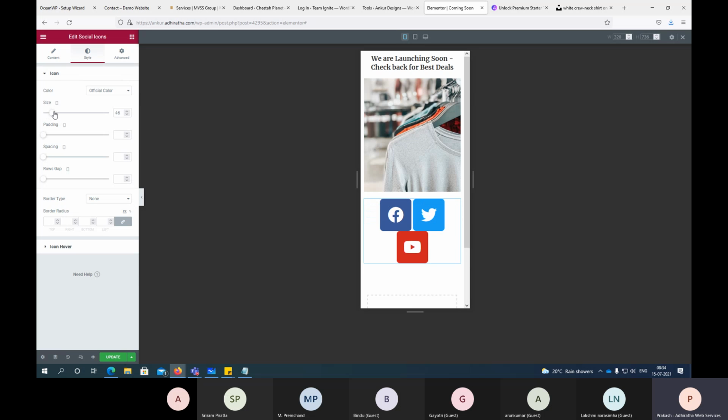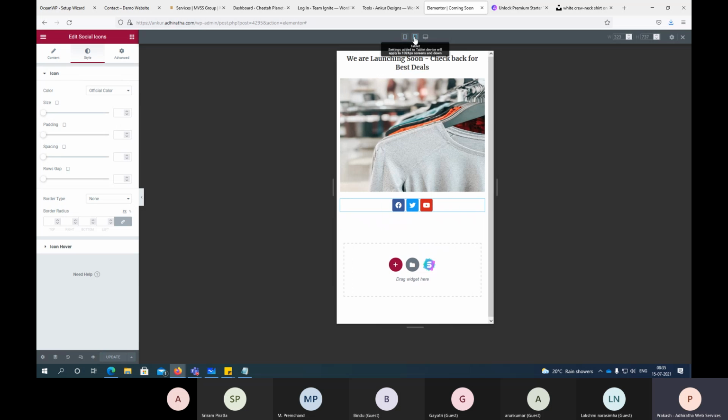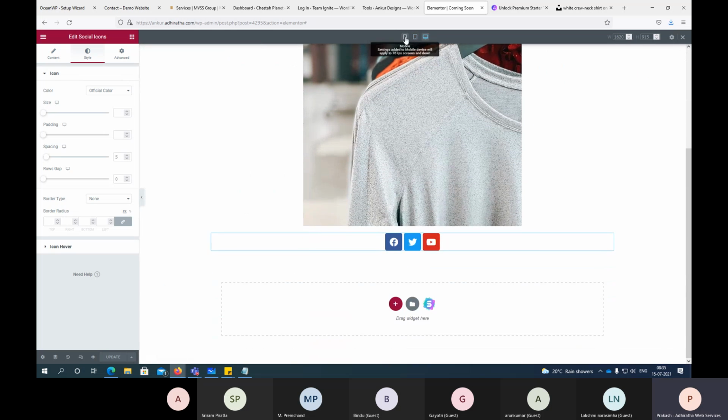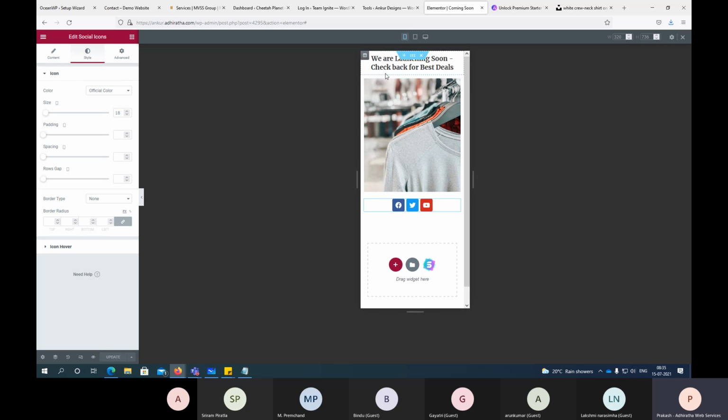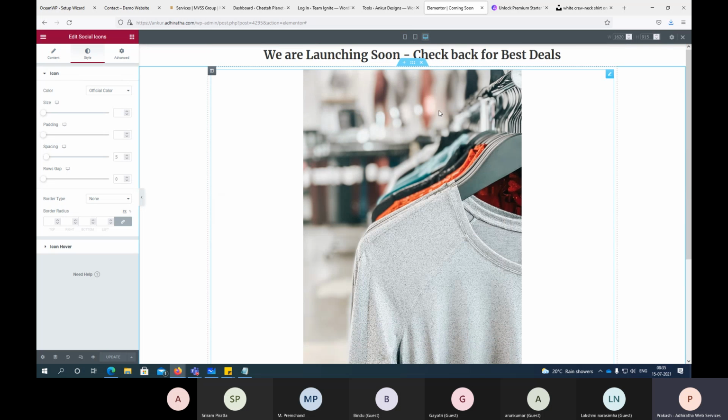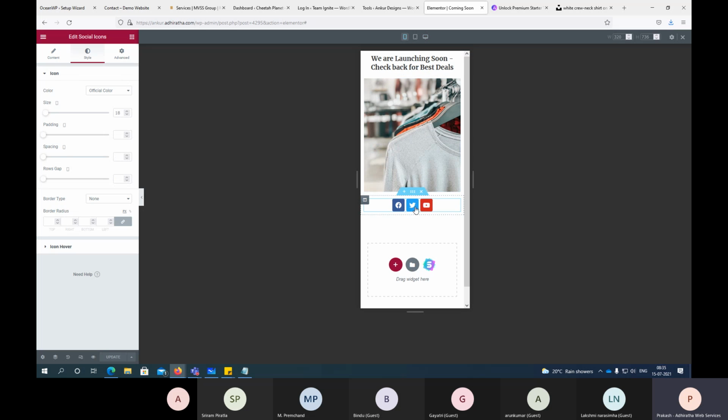Again, I can do that here. Right, now this looks for mobile, it's good. I can update it. Similarly, for tab, this for the tab, how it appears. This for the desktop. Like this, you can fine tune it how you want. This for the desktop, so everything looks fine. Icon size also fine. But for the mobile, now we fine tuned it. That's it. So if I update it, so when you're opening your website and all, that's how it loads.